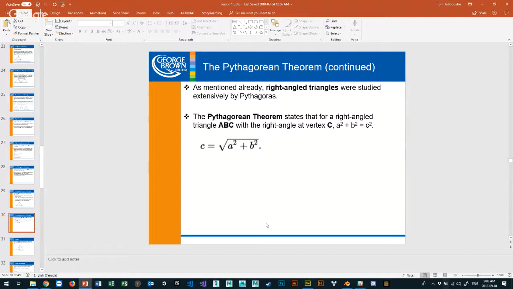Squared distance and distance. They do the same thing. Why? If I want to calculate c, and if I don't square root it, I'm going to get c squared, right? A squared plus b squared is equal to c squared. That's really the Pythagorean theorem, right? So that means I get a squared distance.